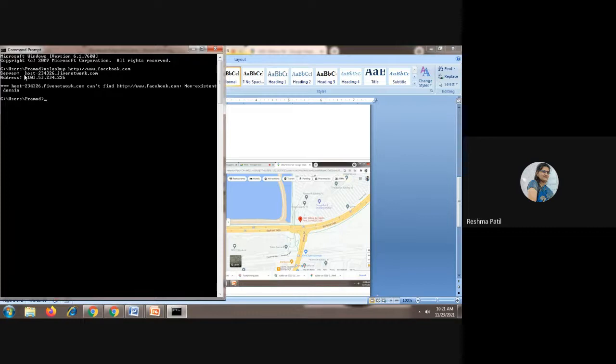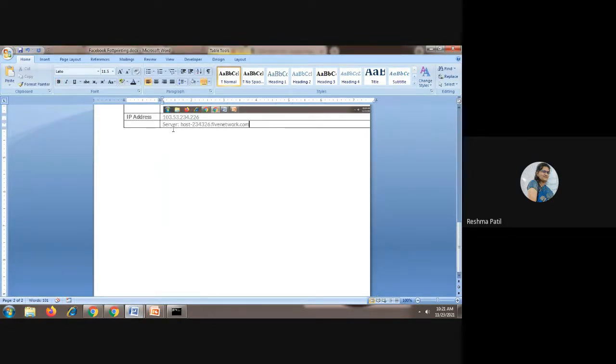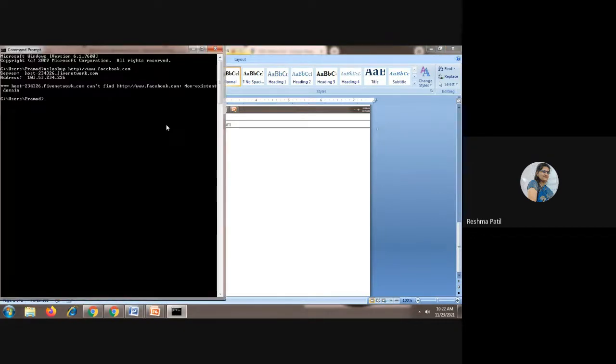This is the server information. Server and its IP address you received from this nslookup. Done? Yes. Done with this?